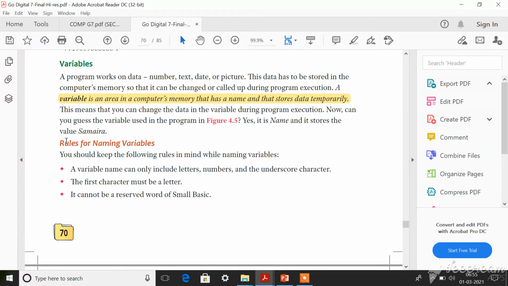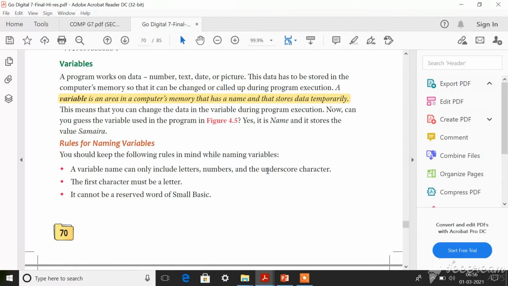See here, these are the rules for naming a variable. A variable name can only include letters, numbers, and the underscore character. You know letters and numbers, and underscore also you know, right? So it should contain only letters, numbers, and underscore. There should not be any special characters like the dollar symbol, and symbol, or at symbol.